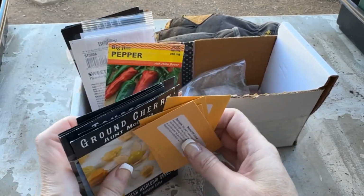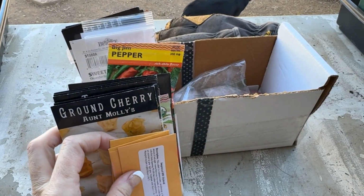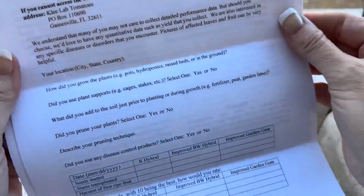These first ones I got from, well, let me go get that paperwork real quick. Okay, so